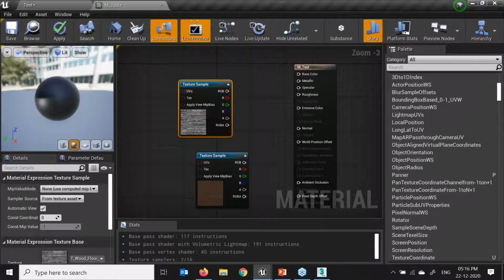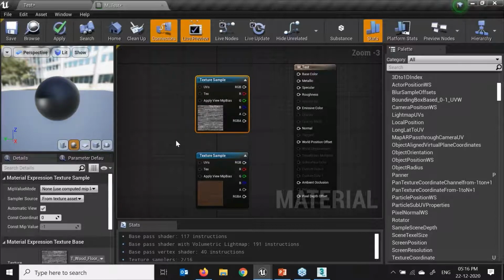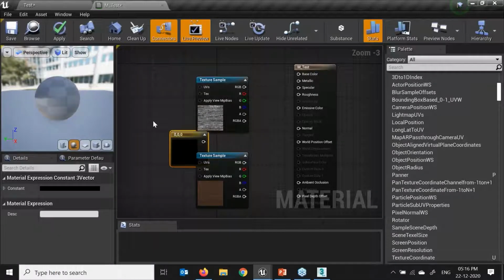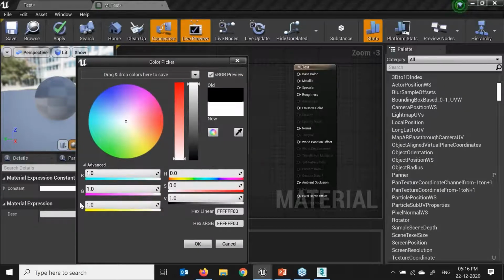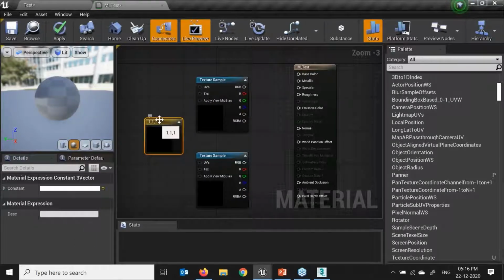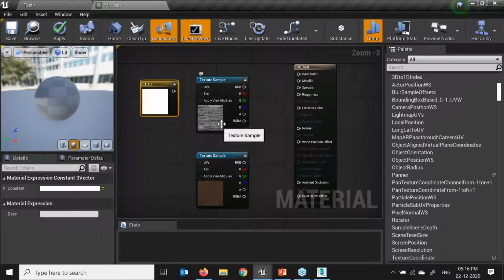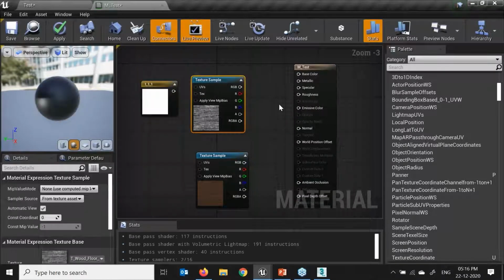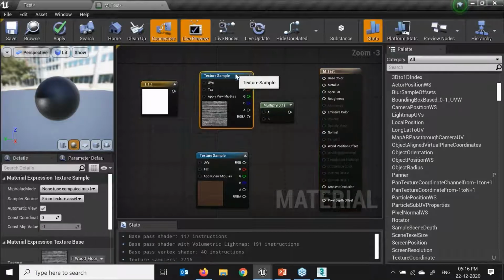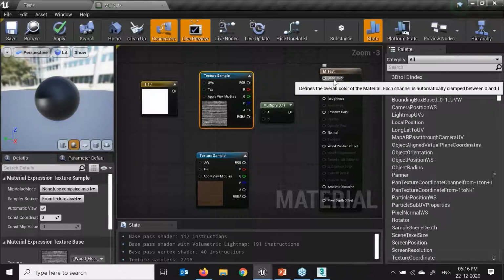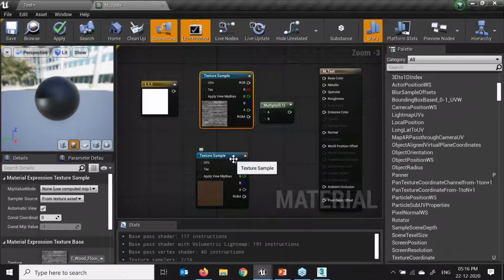So first of all, I'll create 3 and left click. Basically this will come into the pure white color. I'll make this 1, 1, 1. If you see, my RGB becomes 1, 1, 1 over here. Now I'll select M and left click. This will be my multiplier. Now I want to apply these two map textures into my base color. Correct.